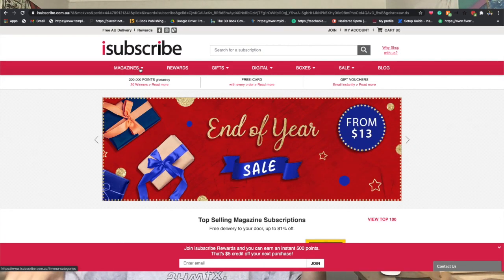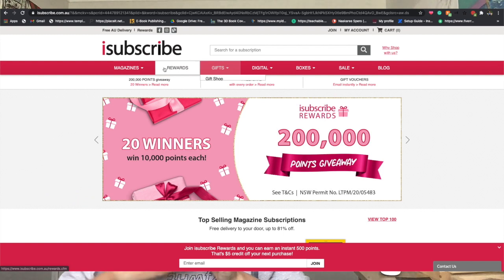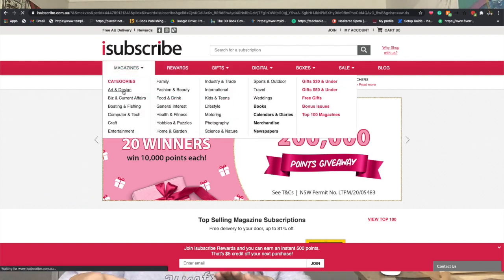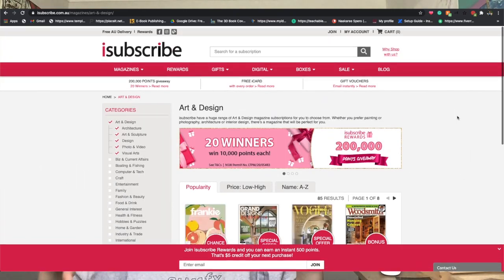So yeah, putting it on MagCloud is good and advertising it is good, but iSubscribe, how it works is you upload your magazines on there, just the information, the front cover for example, and the price. iSubscribe puts it on their website, and this is a huge website, you guys, they are massive. So they put it on their website, they put it on their Instagram, people see it, and they pay for like a 6-month subscription of your magazine. So bam, there's a big chunk of money already, which is so awesome. So I got quite a few of those on iSubscribe. They can also do like 3-month subscriptions, 1 month, depending if your magazine's weekly or monthly or whatever.